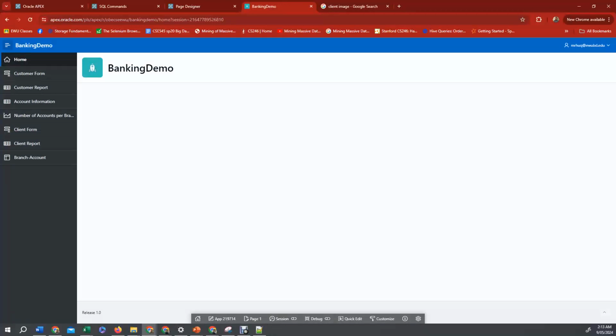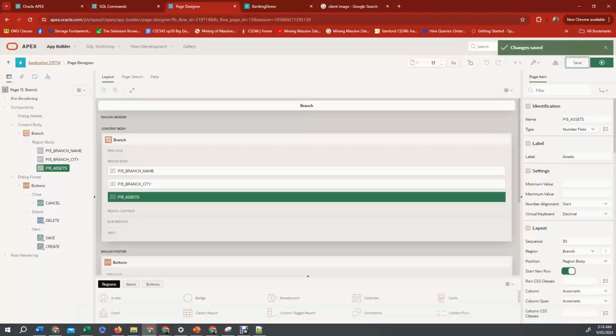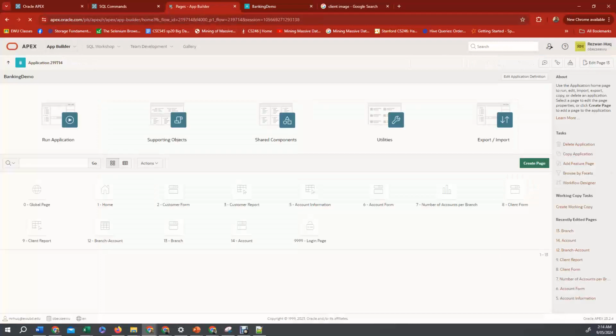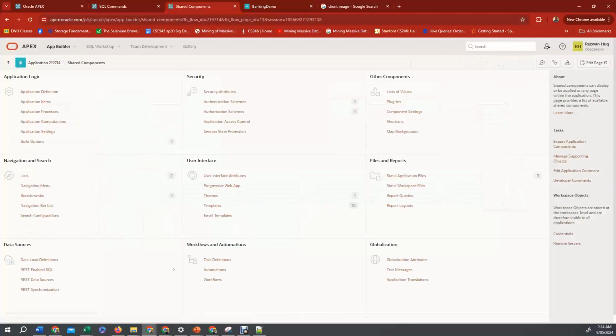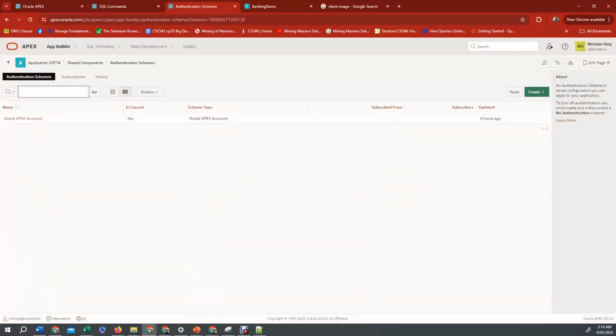But you can also make it work without any password. Okay. So how could you do that? You'll be able to do that from the application main page. You have to go to the shared components. In the shared components, go to the authentication scheme. In the authentication scheme, just create a new one,